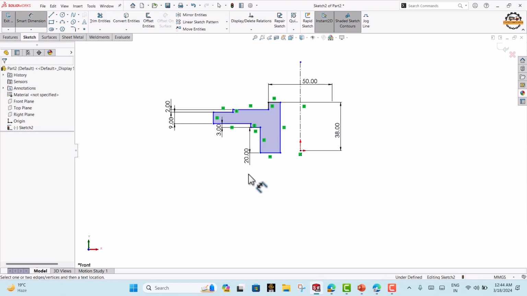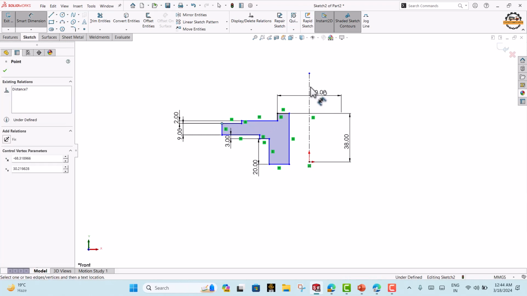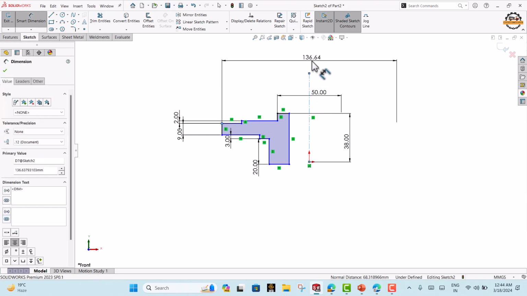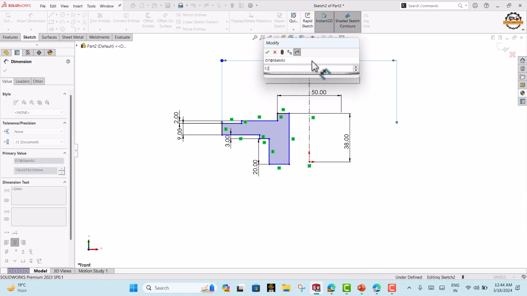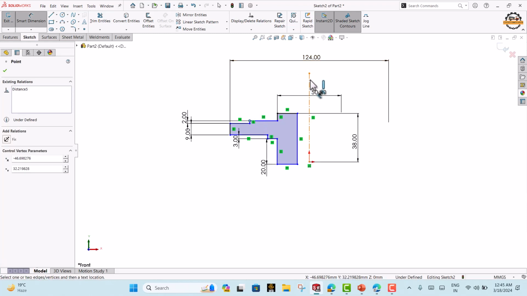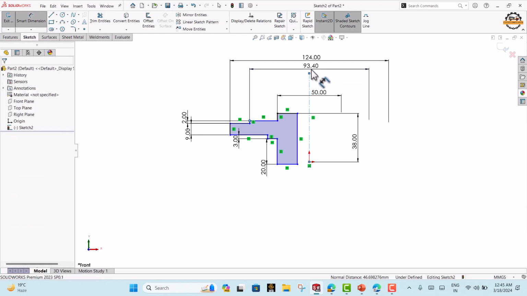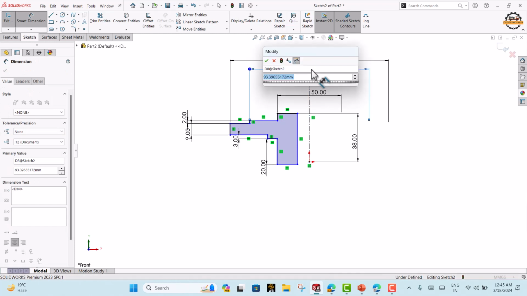Now we'll specify the total diametrical distance. So first I'll specify the bigger diameter. So that should be 124. So how am I adding both side distance? Very simple. Whenever we're taking this kind of distance, we'll select the first point and the center line. By default, software will give you only one side distance. You have to move your mouse to the other side of the center line and the distance will give you both sides. Now I'll specify the second diameter, that is 88.